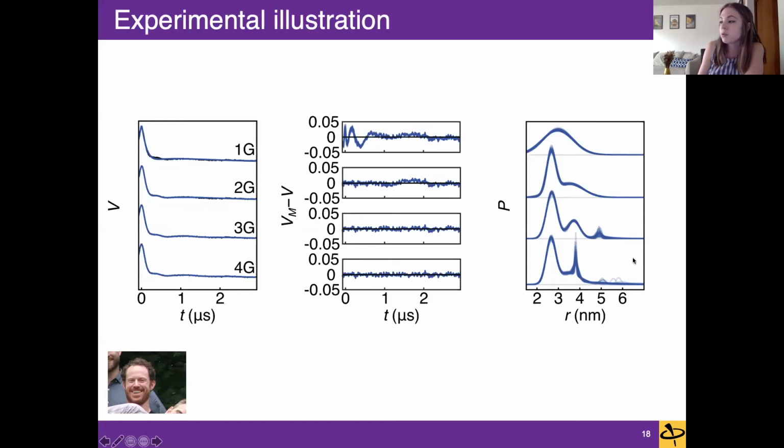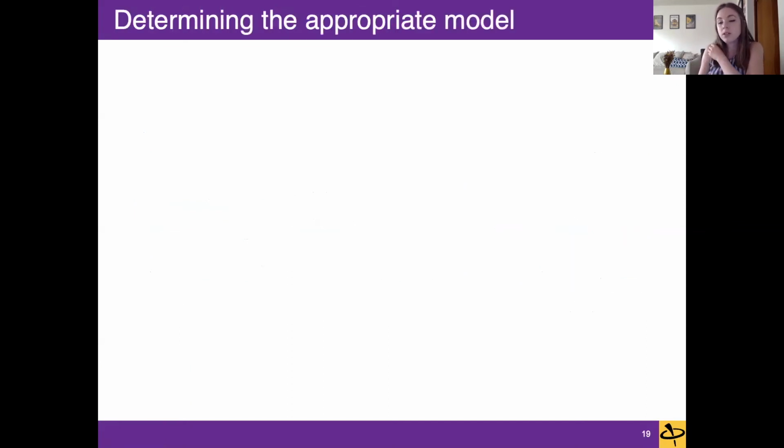So it's possible that there is some overfitting occurring in this 4 Gaussian case, as it's not quite sure what to do with some of these longer distance modes. But just looking at this residual analysis would not be sufficient to tell me which of these 2 models is the most appropriate choice. So we need to combine this residual analysis with a